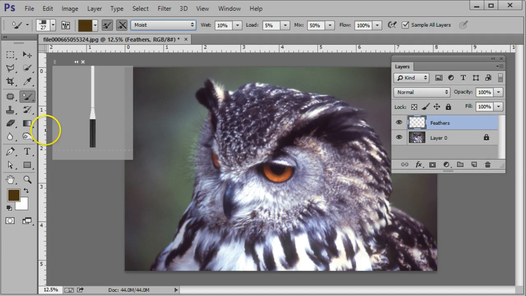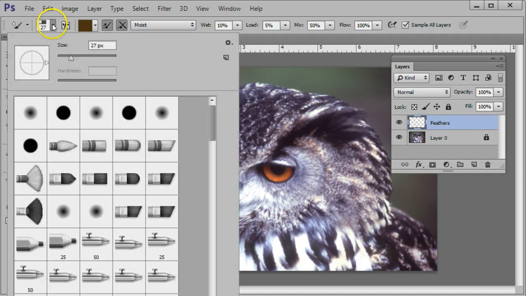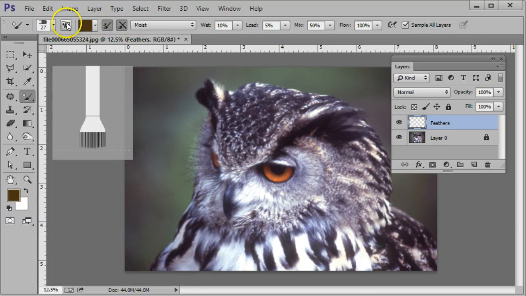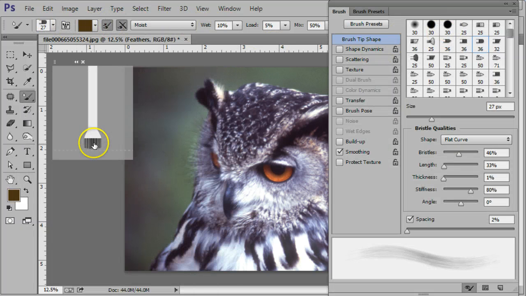So to begin, I'm going to choose a brush that I like. I happen to be pretty fond of this round brush myself. And so if I choose my brush dialog box, it shows me that this is a flat curved brush. I get a little picture of what the brush looks like. I can change the length of my brush